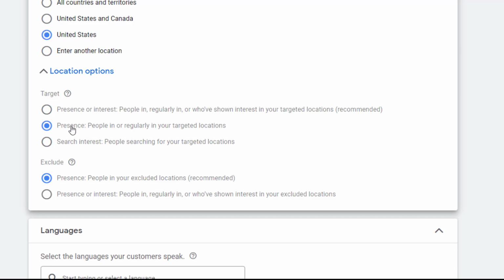So I suggest you choose people in or regularly in your targeted location. By setting your location targeting to the United States, you can ensure that your ads will be shown to people within the United States who are searching for the products and services that you offer.